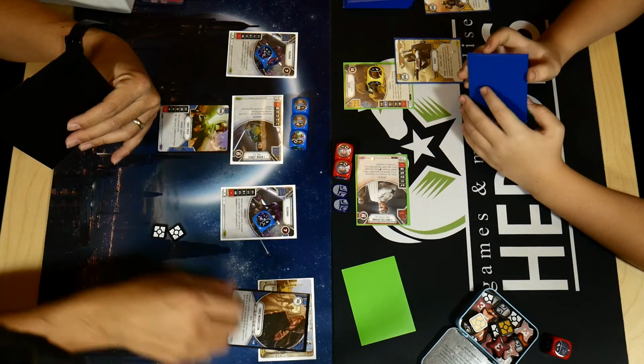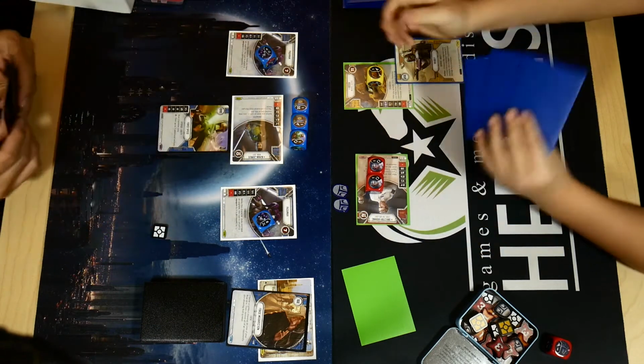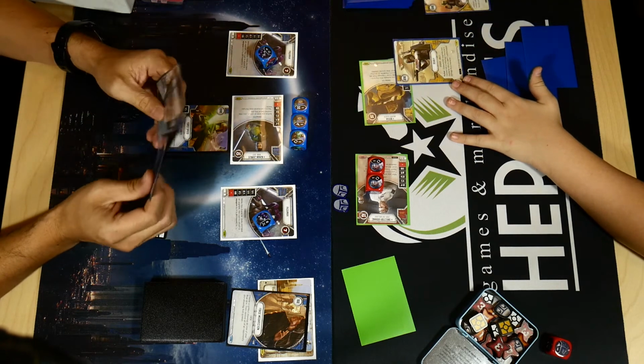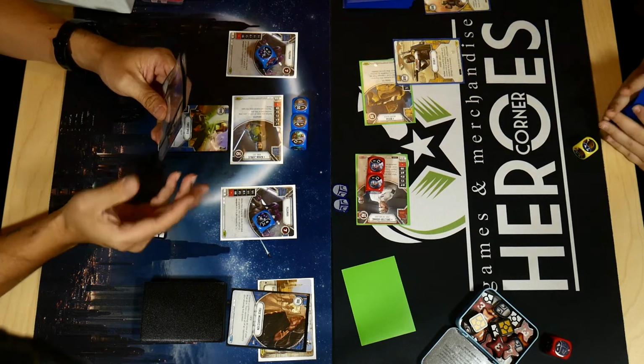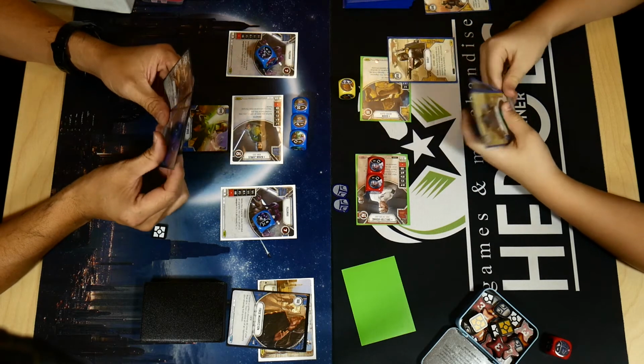So at this point, I do play the Force Misdirection to get rid of the focus. There's not a lot going on right now, but it helps shut down Krennic's dice pretty quickly, so I thought that was worth it. Yeah, so now it's my turn. I roll out Bossk, get the +2,